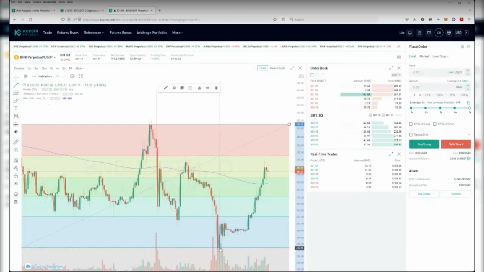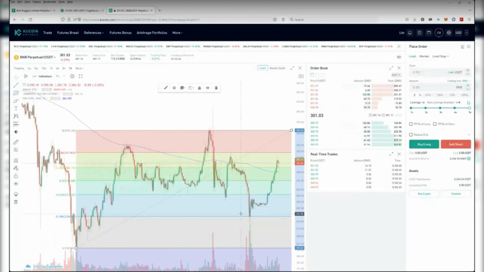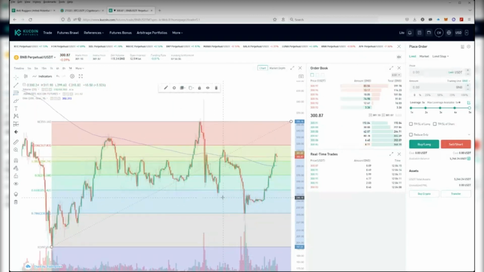The 230 was the 0.786 retracement from 196 to 357. Look at that. It hit that. Like I said, remember what I said. These two are the biggest spots to look at: the 0.618 and the 0.786. This one blew right through. Actually, here. Oh wow, this would have been perfect.